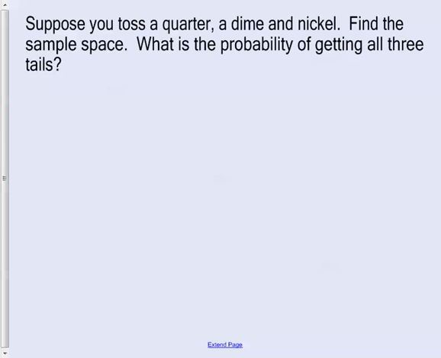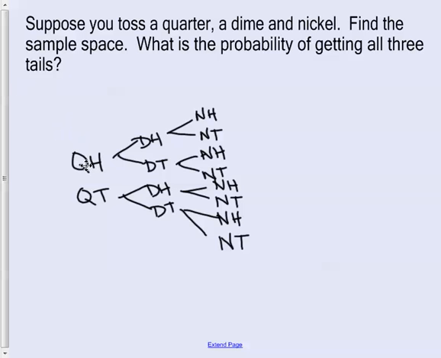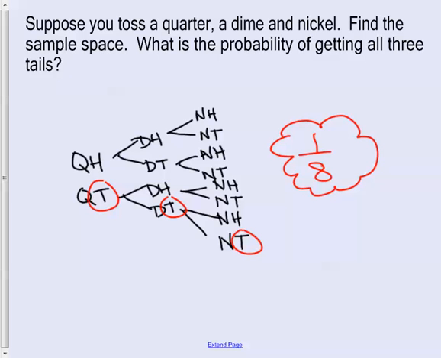Okay, suppose you toss a quarter, a dime, and a nickel. Find the sample space and figure out the probability of getting all 3 tails. Let's look at this one. So if we toss a quarter, a dime, and a nickel, there would be 2, 4, 6, 8 options. So if we want to get all 3 tails, it would happen 1 out of every 8 times. Remember, this is probability, the number of options that we desire to have versus the total that we actually have. So these are the favorable outcomes